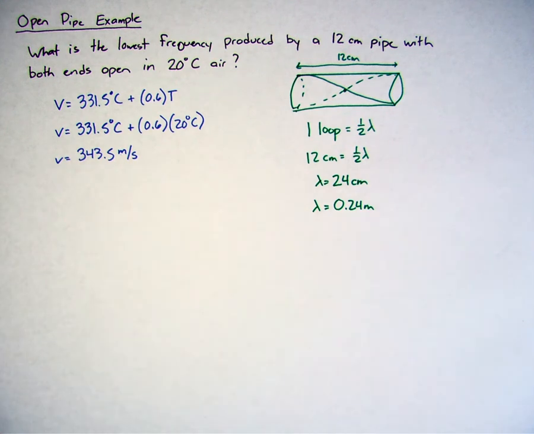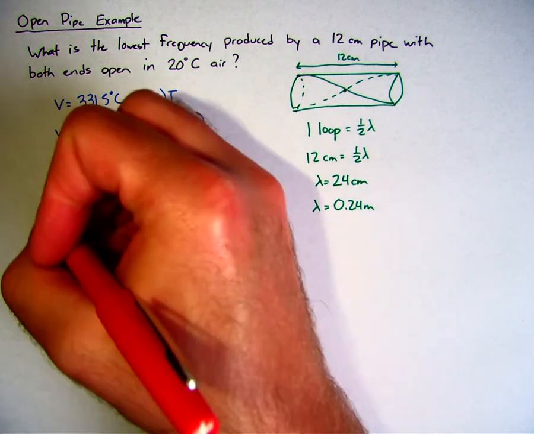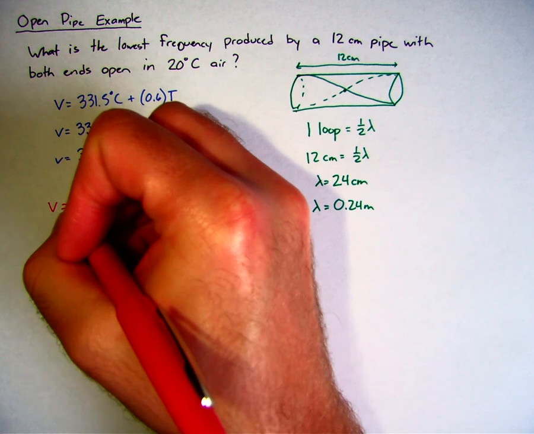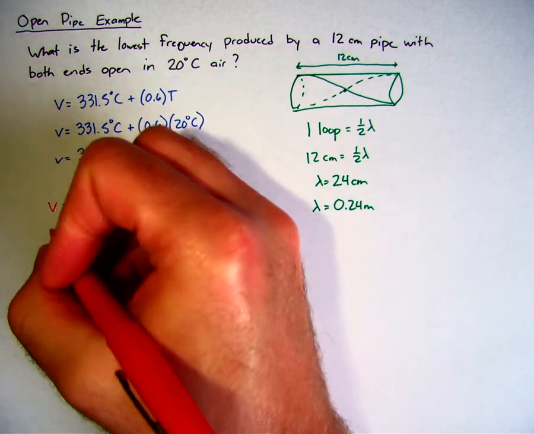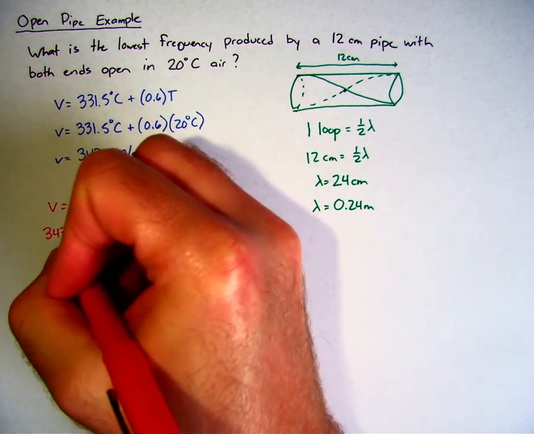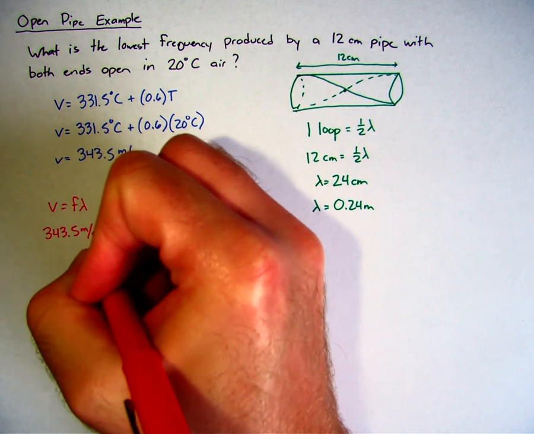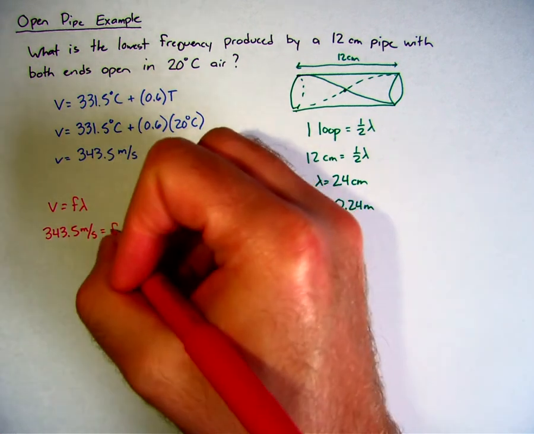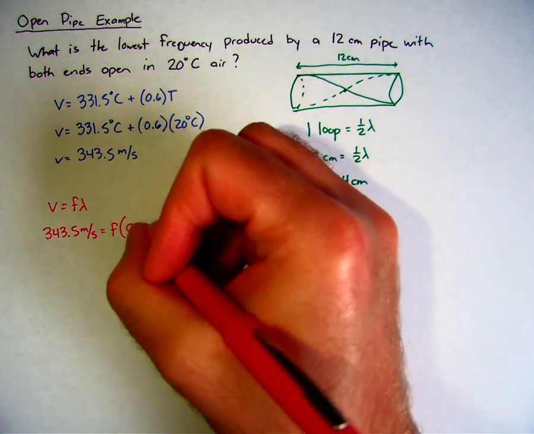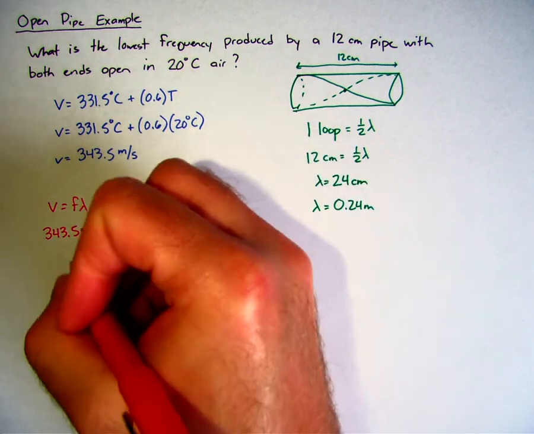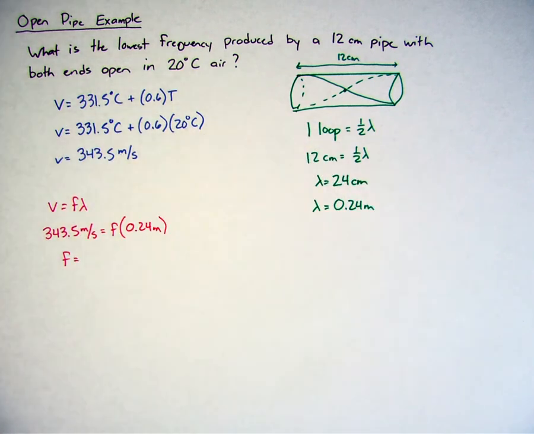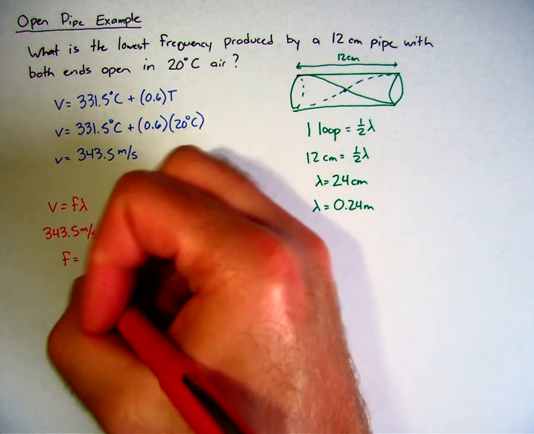So the last thing I need to do is figure out the frequency. I'm just going to use my wave velocity equation to do that. So I know that v equals the frequency times the wavelength. So if I just plug in what I have, 343.5 meters per second equals the frequency times the wavelength, and the wavelength is 0.24 meters, I can just divide both sides. So 343.5 divided by 0.24, I get